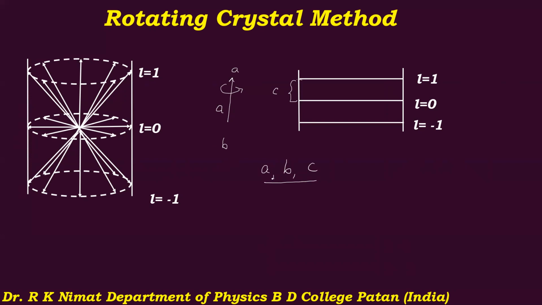If you remember, the Laue method is used to study the crystal symmetry. There you cannot get the crystal structure, but here you will get the lattice constants by making the crystallographic axes one by one parallel to the axis of rotation. Then you will get the values of A and B in this manner. So these values help to determine the crystal structure and shape of the crystal structure. So in this way, the rotating crystal method helps to determine the lattice constants A, B, and C.